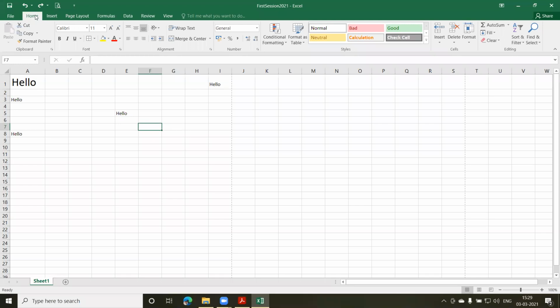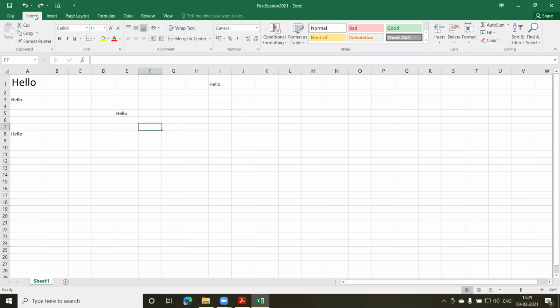If you want to do the work faster, you should know the shortcuts as well. In some lecture, I'll give you a chart where all the shortcuts will be mentioned, which you can put somewhere in your bedroom or study room, where you can go through it and you'll remember it as and when you require it.